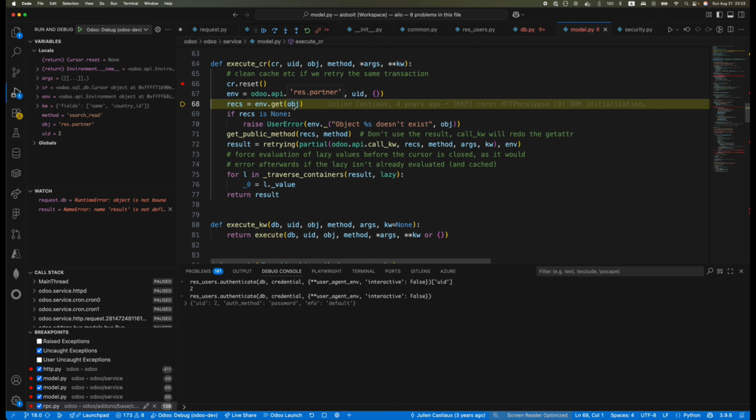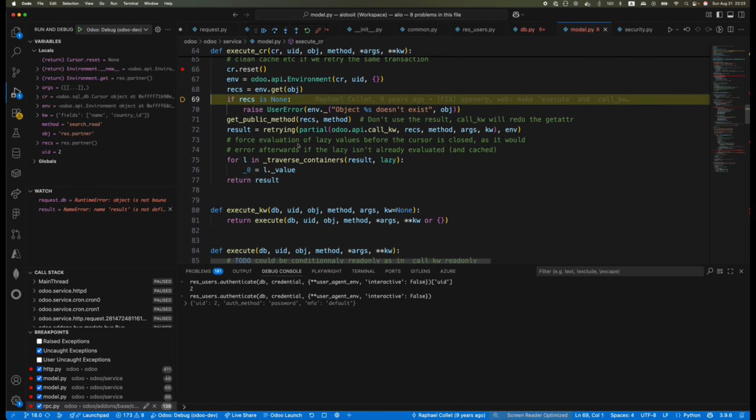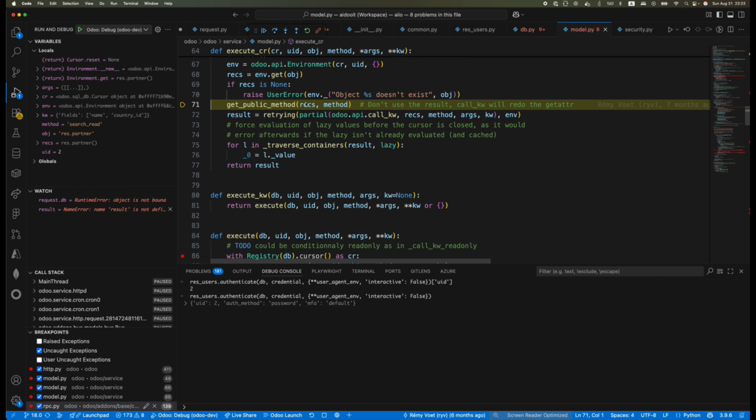Environment.get, and the object is responder. So here it gets already the record set of responder. Then if it's none, it raises an exception. It gets here, doesn't use the result call, will redo the get attribute, get public method for the responder, and the method search_read. So basically this method,